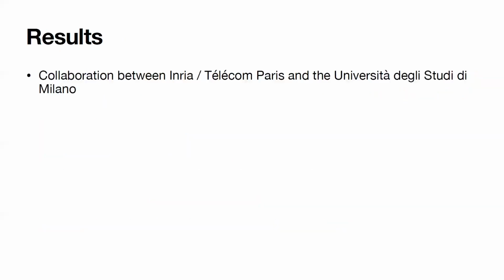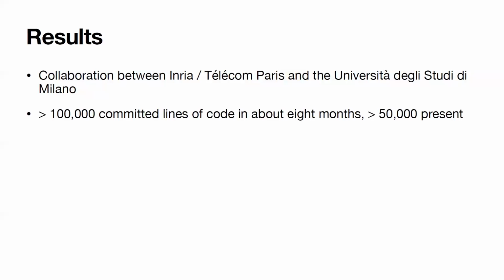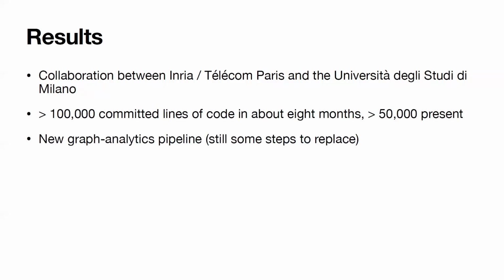So what do we get? There was this collaboration I told you about ongoing. There is a student involved that was paid to do some work. We committed some 100,000 lines of code in about 8 months. There were 2 people writing actively, and Stefano was supervising and helping us with the design. Presently now we have 50,000 because we changed our minds a lot of times for the design. We tried a lot of designs before getting to what we have now.